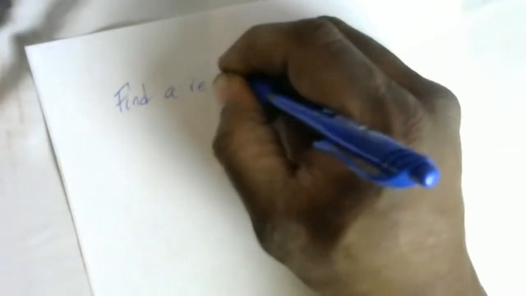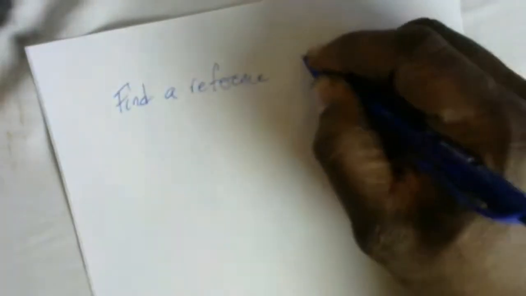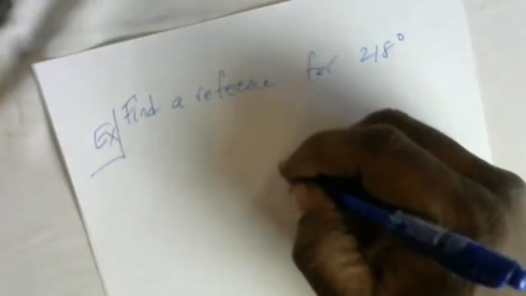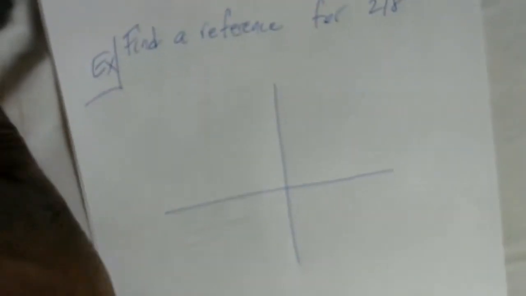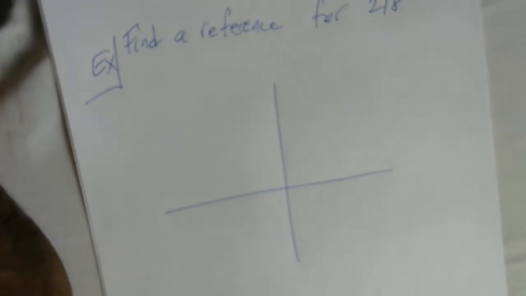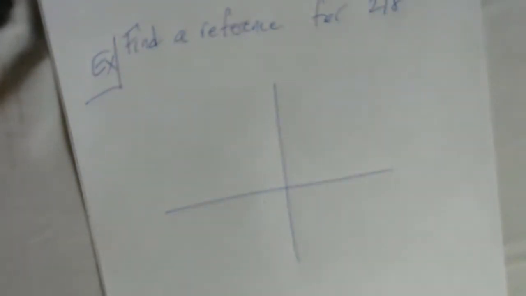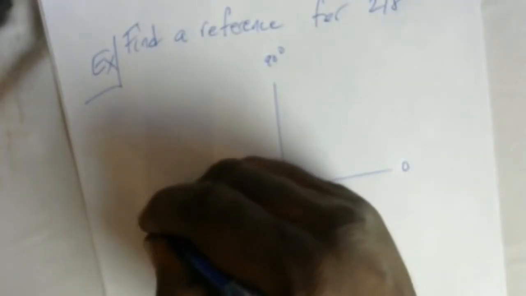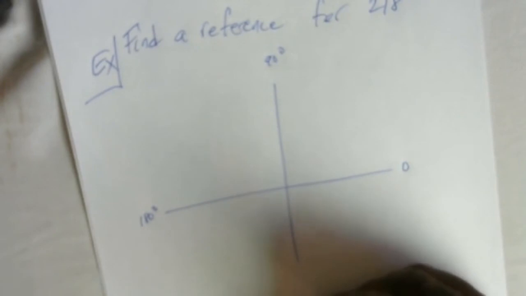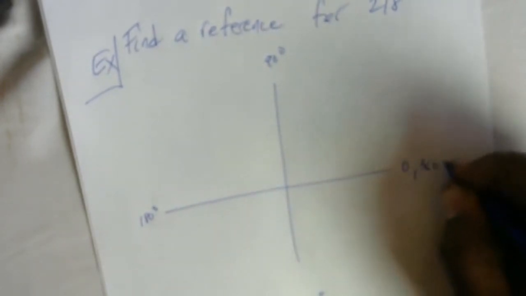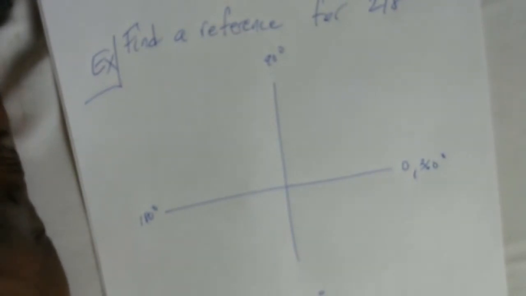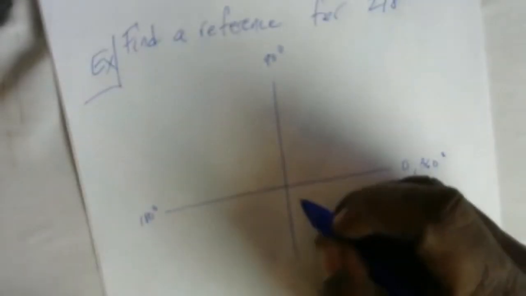So we're asked to find a reference angle for 218 degrees. The first thing I'm going to do is sketch out a 218 degree angle. Well, this is 0, 90 degrees, 180 degrees, 270, back to 360. So a 218 degree angle would lie in